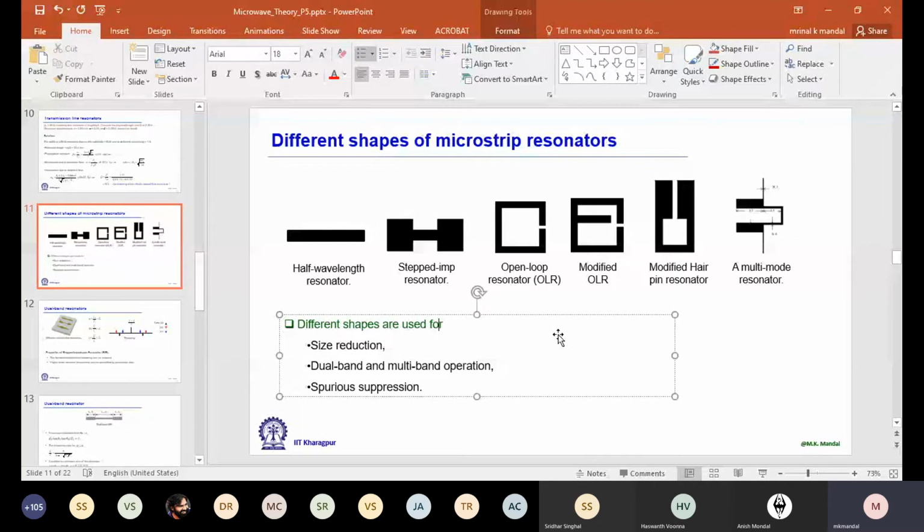If I use half wavelength resonator, you know that already we'll be having one more passband at 2 gigahertz. But if I take quarter wave resonator, then the next passband will appear at 3 gigahertz. So we could suppress the conventional passband at 2 gigahertz.